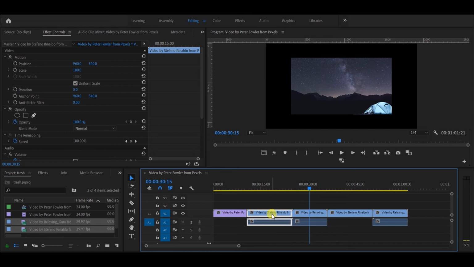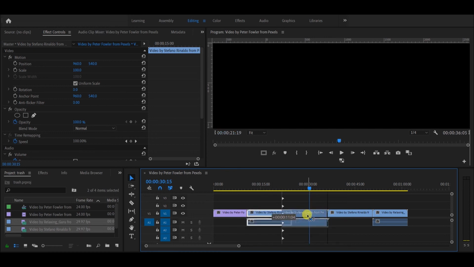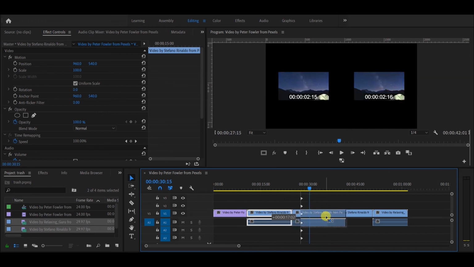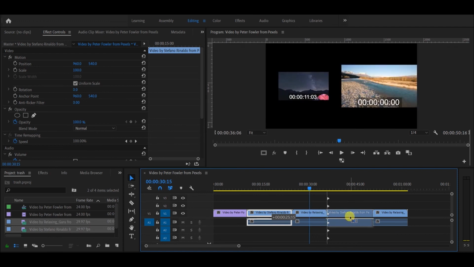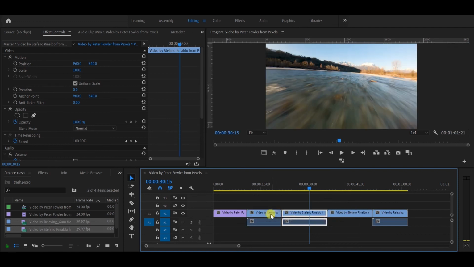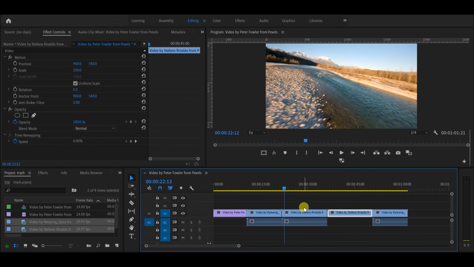Once you press and hold, you will see multiple arrows on the line. Just press it in between the videos. Now you can see this video came between the two videos. It's really helpful when you have multiple videos and you don't want to replace or overlap the old video.